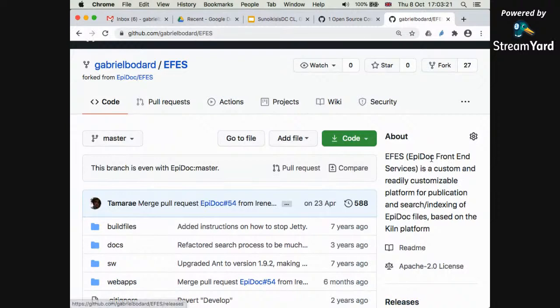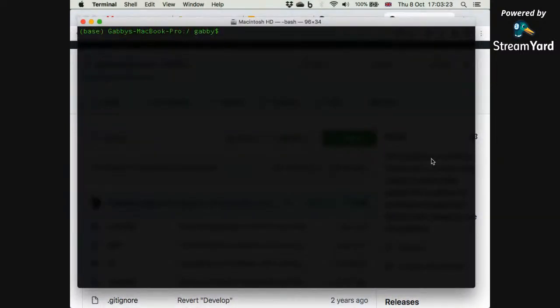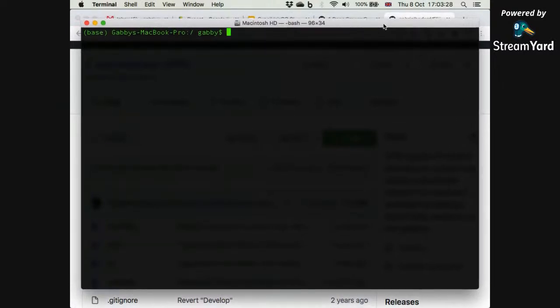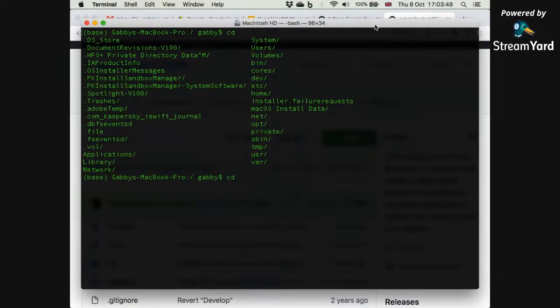I can then, using either my command line, as we just showed, or using the GitHub desktop interface, which I'll also show you, navigate, as Irene showed, to, if I can remember where these things live, where do I want to go? Oh, I see. It went all the way to root.